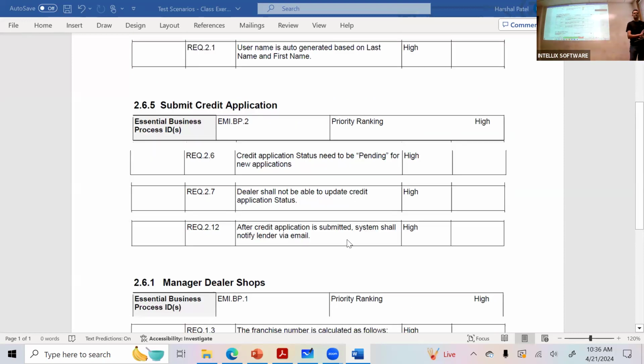The scenario is that the lender gets notified via email once the application is submitted by the dealer. So the lender should receive an email, right? So how would you test it? That's what the scenarios are about.